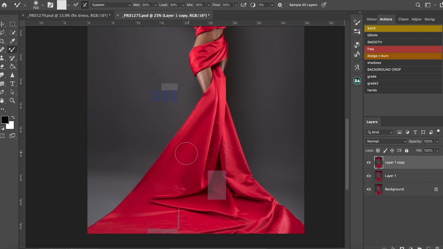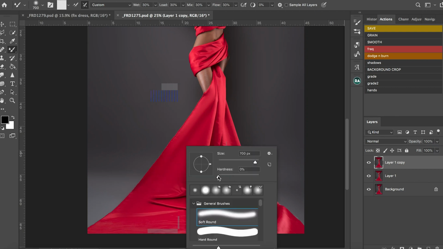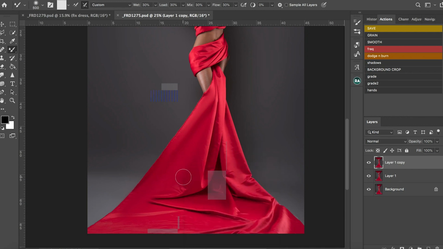You can also see my brush hardness is 0, and I can play with the size with my bracket open and bracket close. So I'm just going to draw it down. I'll just follow the initial folds. This can take some time depending on your system capacity, so you have to bear with me. I'm just going to follow the initial way. I'm just going to push it down, push it down, push it down until I touch every area of the